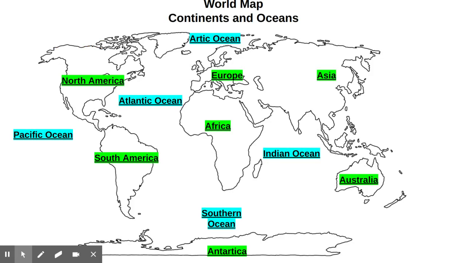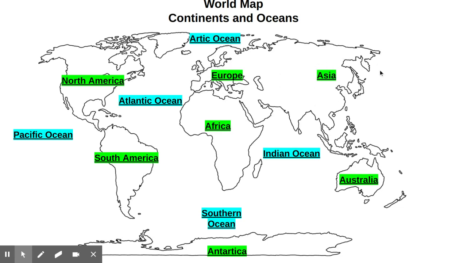Okay, before we go back and answer those questions, and we will get to them, I do want you to take a look at this world map, because before we talk about how humans migrated to the Americas, it's important to know what other continents they could be coming from and where those continents are located and what bodies of water they are crossing over. So the continents are labeled in green. We have North America, and the area that we're going to be talking about specifically where humans crossed the Bering Land Bridge is going to be what is now Alaska, which is up here, okay? We also have South America, we have Europe, and Asia.